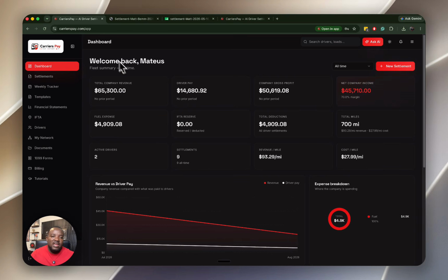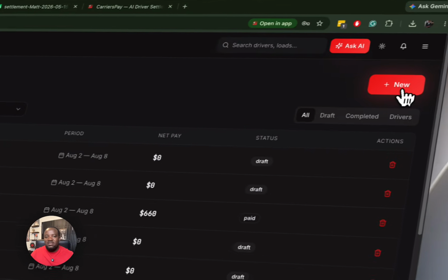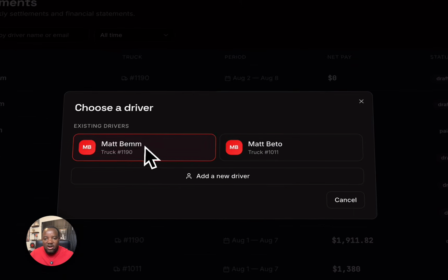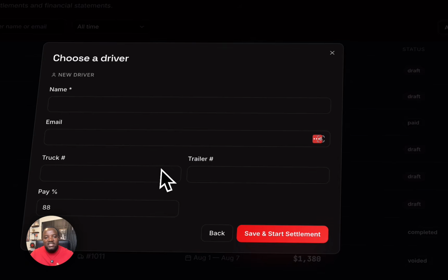On this dashboard, you have a welcome screen where you can see all your expenses and everything your company is doing: profit, loss, mileage, everything. But what you do when you get here is go to Statement. You click Create New. You choose your driver, but if this is your first time, you can just create a new